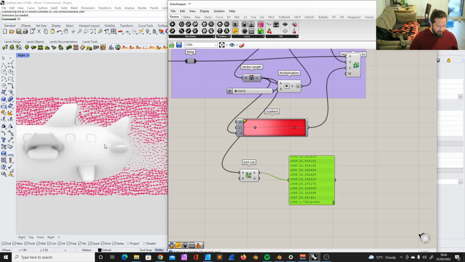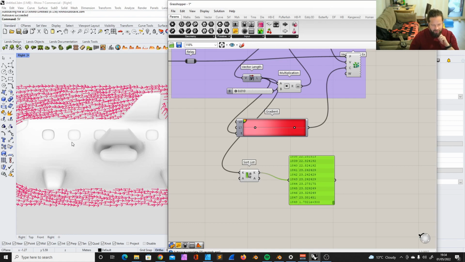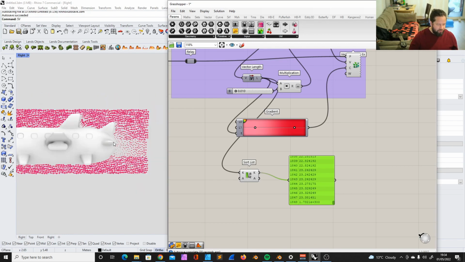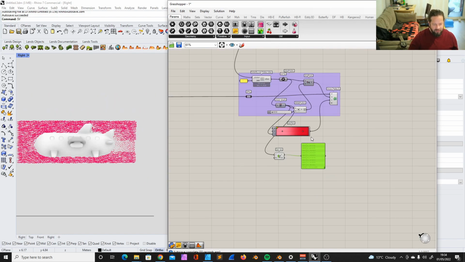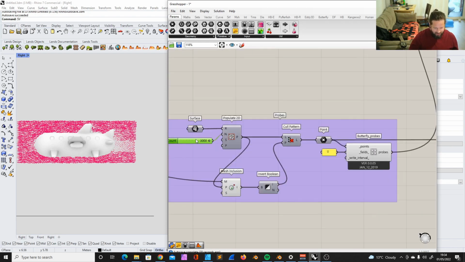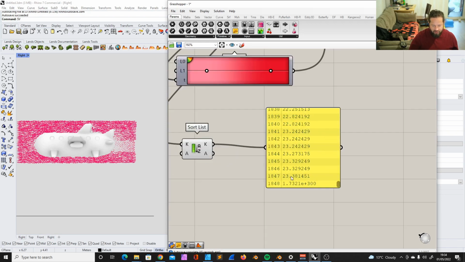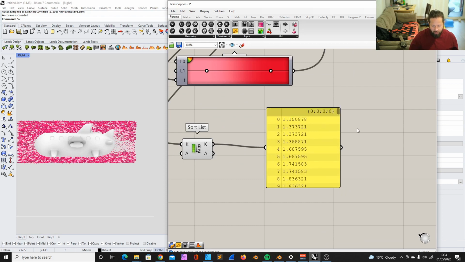It's probably missed, or wrongly calculated. It's probably a point which is inside the object, and that's why. So we didn't catch all the outside or inside points, and that's why it seems like an issue. But it shows us that 23 must be the maximum here, around 23, and then around 1 would be the